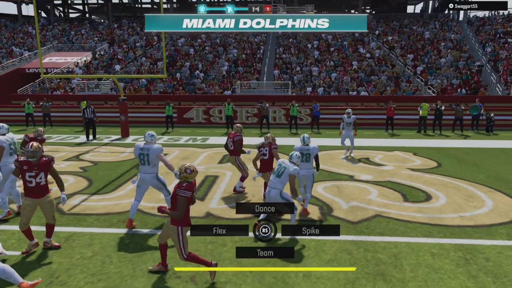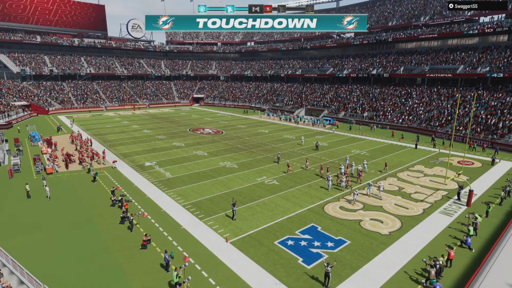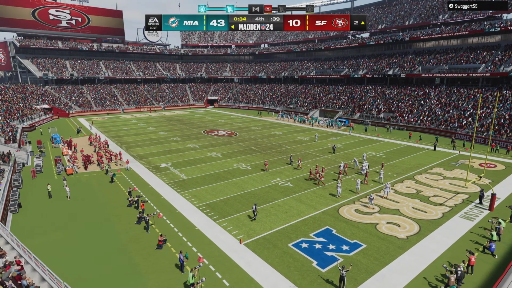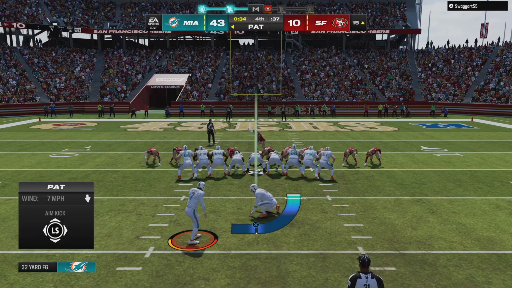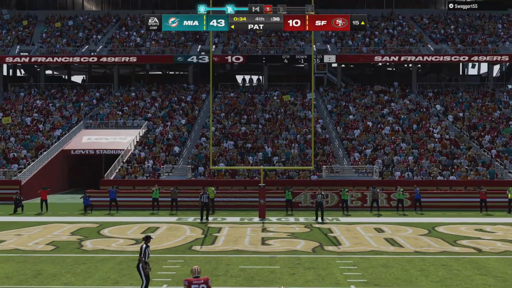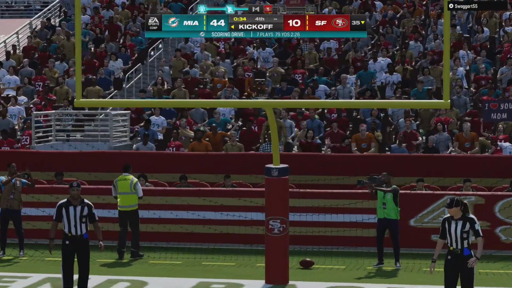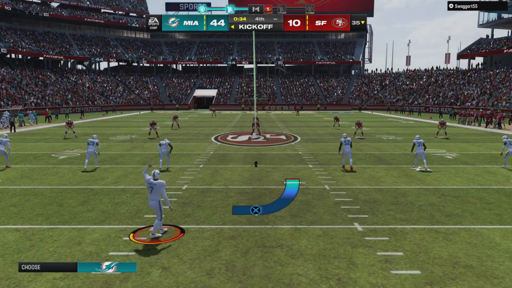Achane is into the end zone. Touchdown, Miami. Sanders now to add the extra point. And this one was over a while ago as they just add on to their big lead. Dolphins 44, 49ers